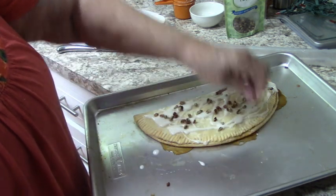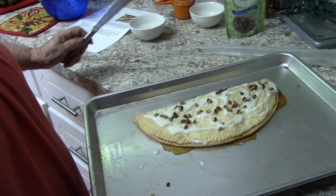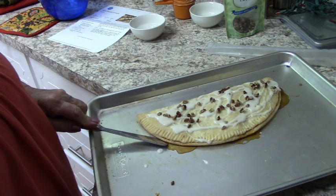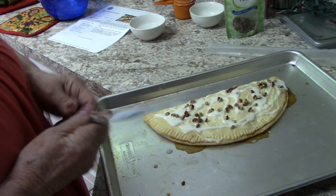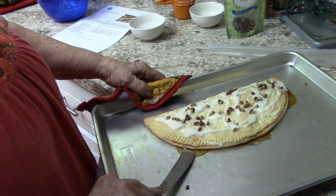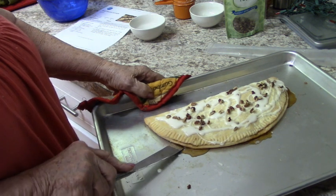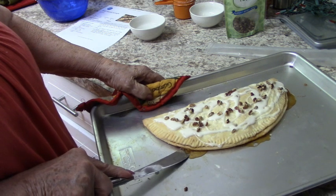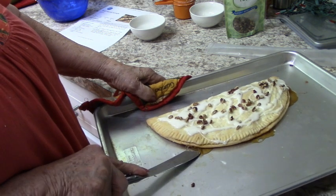There goes my clock, right on cue. Now you can see where it came out a little bit here. I have a little bit too much stuffing in there because it was really supposed to make 2. So I am going to just try to get a butter knife under here and just release